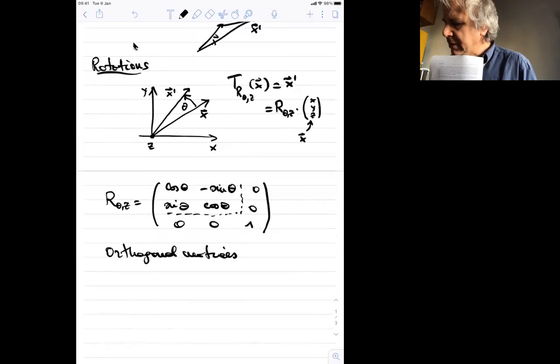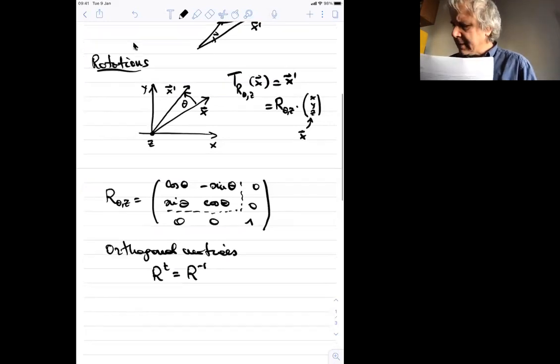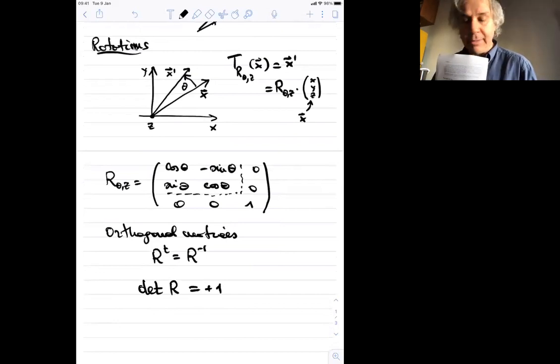Now, as you know very well, these are orthogonal matrices, which means that the transpose is equal to the inverse, which is a nice way of calculating the inverse, because you just need to flip the off diagonal. One thing that you also notice for this rotation is that the determinant of R is equal to +1. Cos square plus sine square, in this case, is equal to 1. And that's true for all